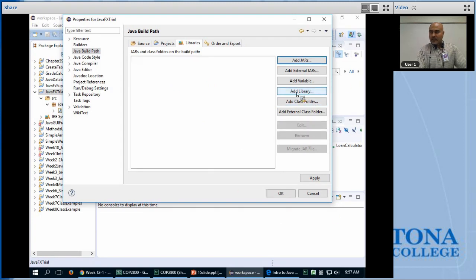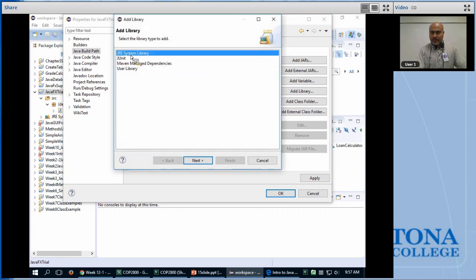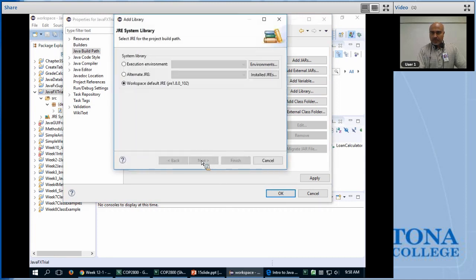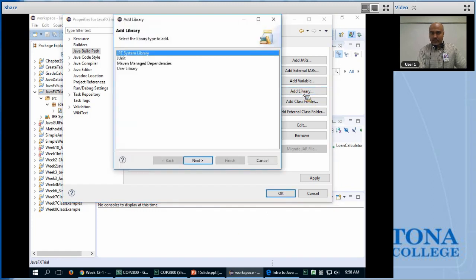Go to add library, go to the system library, go to next, runtime. I think let's try this, because sometimes it might need the JDK to be downloaded. Let's do a finish, and then I would come back and add library again, but this time I'm going to